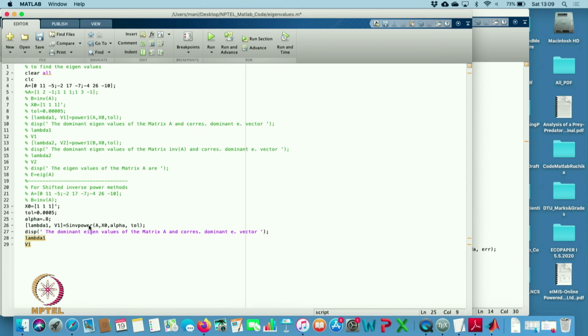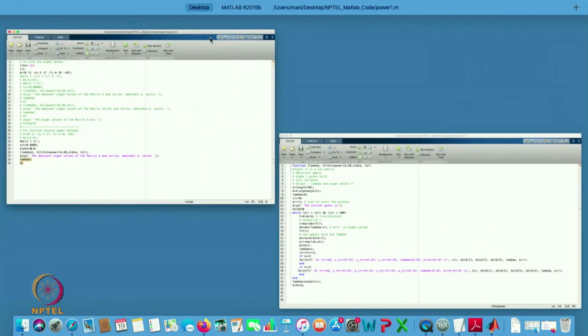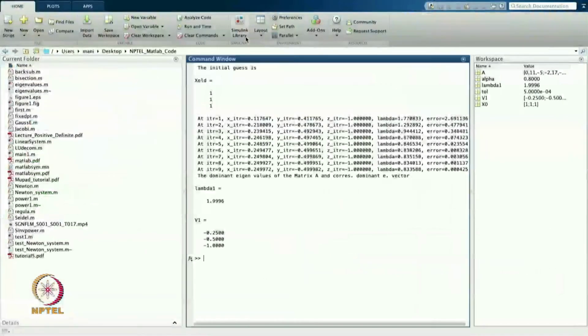So, let us see. Now, you can see from here that in this case after 9 iterations I am getting the value 1.99. So, 2. In this case I am getting the eigenvalue close to 2.